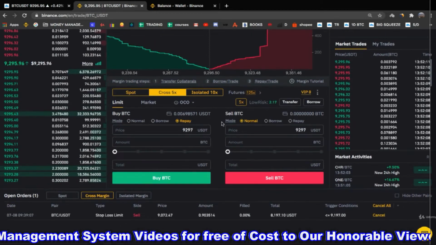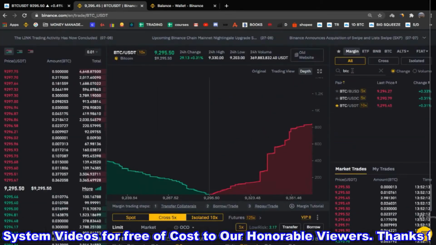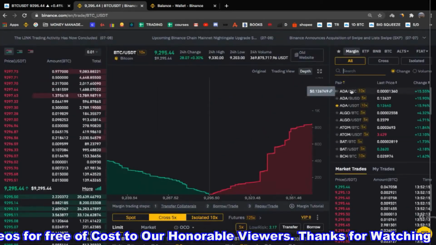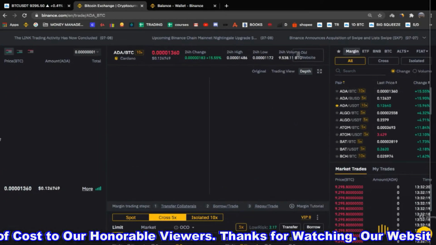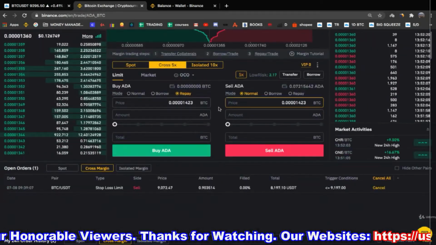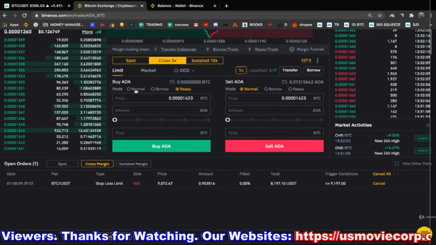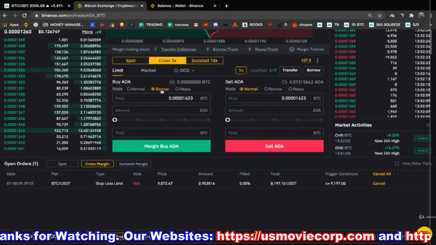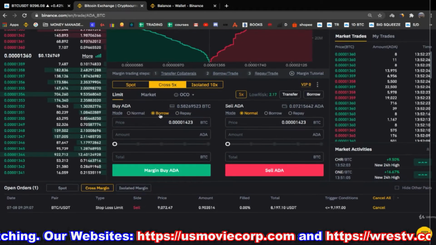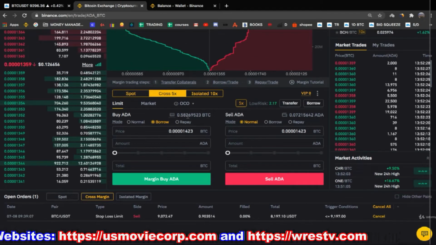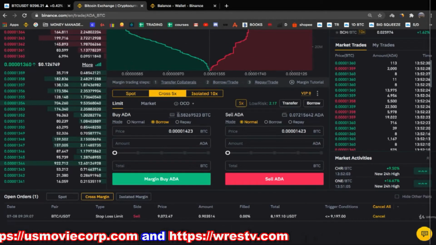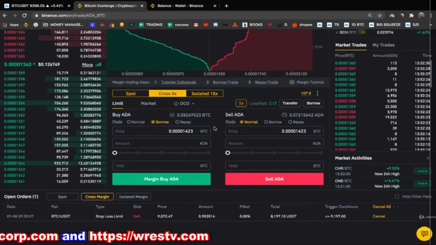So now I can show you how to open a long position. Let's say that you want to enter Cardano Bitcoin, but you don't have any Bitcoin, right? So this is how you open a long position. You will again come to borrow here, and you will see that you are able to borrow the amount. This amount will show you how much you are able to borrow at maximum, right?